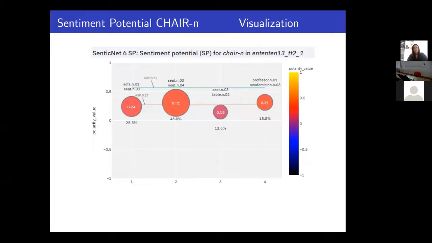So if you see the largest community here, that is the second community, that could be the main or primary meaning of the word chair, and it's related to sitting. And it's a positive meaning, and you can see that the meaning of the word chair does not have many emotional values, so it's all rather positive, but not very positive. And this was done in this large corpora of N1010. For another example,